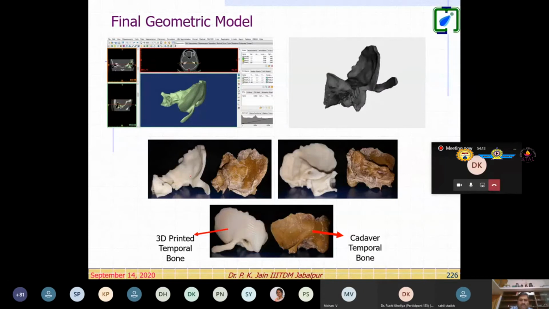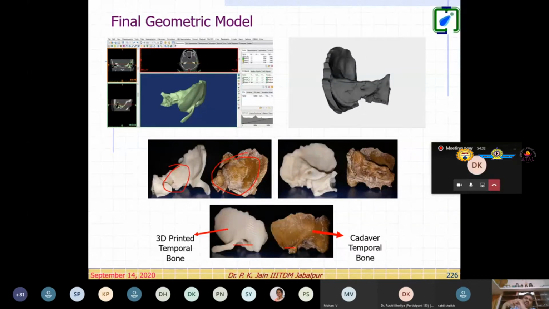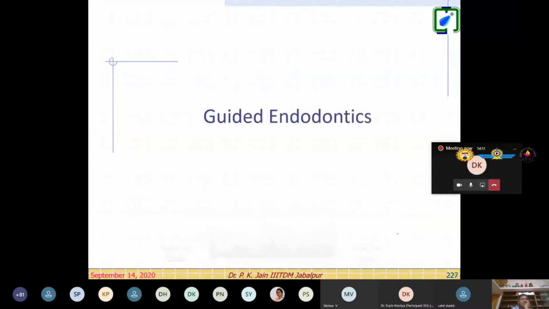And you see this is the polymer bone and this is the actual bone, right? In the different angle you can see. This is the same geometry he produces. And now he is exporting these bones to Saudi Arabia because there is more problem. They don't have the body. Even in India, doctors can't get the human body donated for this study purpose. Saudi Arabia, he used to sell a lot of this kind of bone, right? So you see the FDM process is there, and this is the bone, which is very, very close in terms of mechanical property to the actual bone, right? So this is another case.